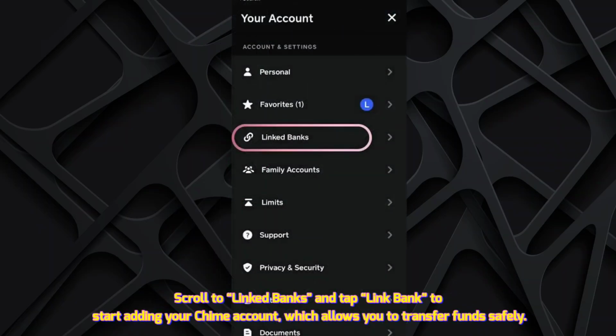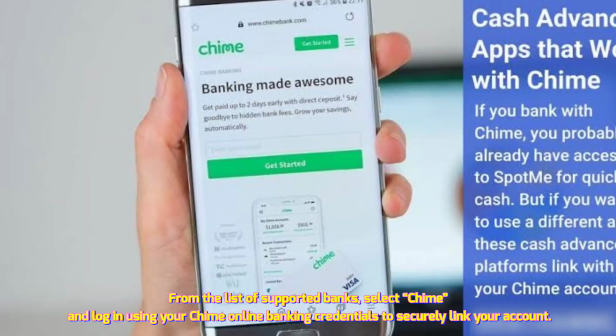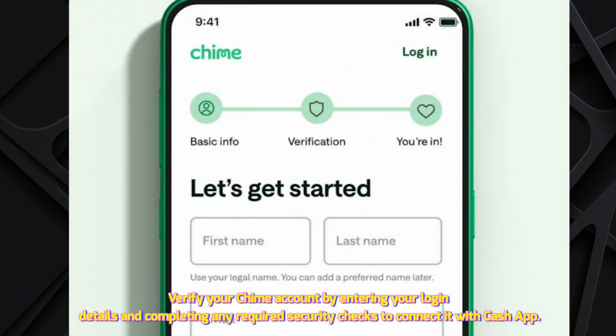Scroll to Link Banks and tap Link Bank to start adding your Chime account, which allows you to transfer funds safely. From the list of supported banks, select Chime and log in using your Chime online banking credentials to securely link your account. Verify your Chime account by entering your login details and completing any required security checks to connect